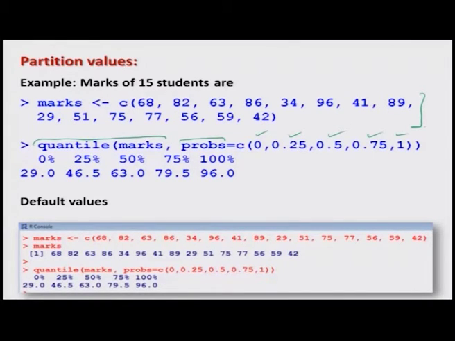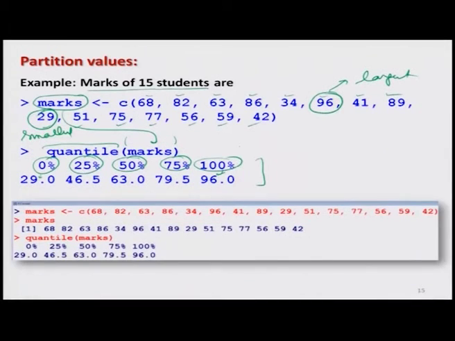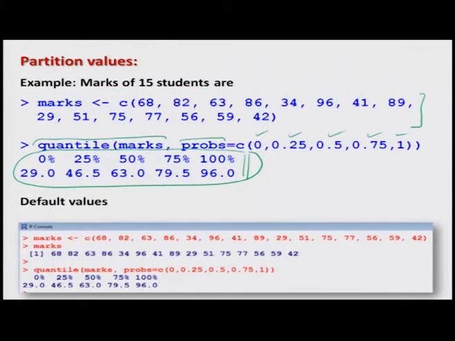And again you see you get the same outcome. You can compare this outcome with the outcome that you obtained in the earlier slide. See, they are the same. So, you can see that this probs setting is the default.